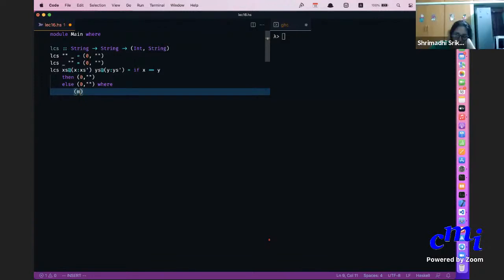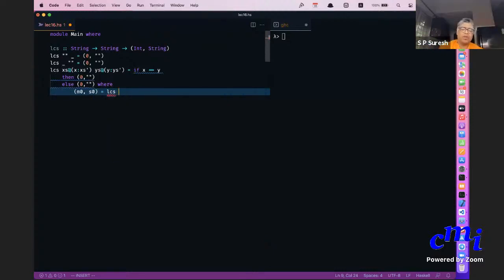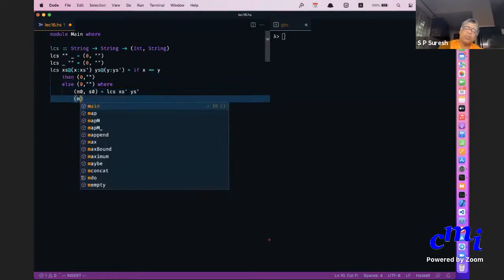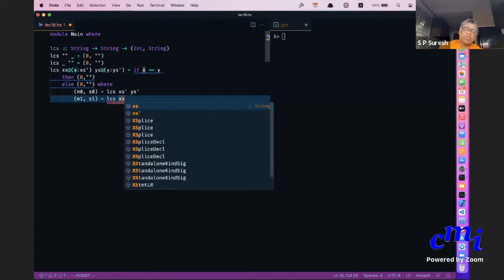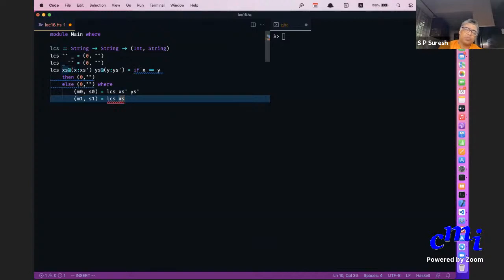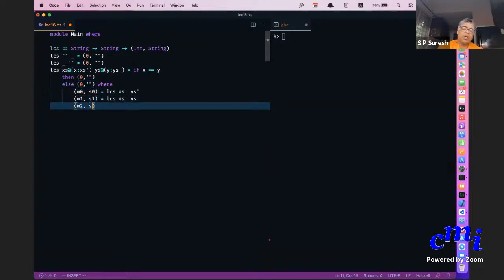So where, I'll say m naught s naught equals LCS of x's prime y's prime, and m1 s1 equals LCS of x's y's prime. Doesn't matter.